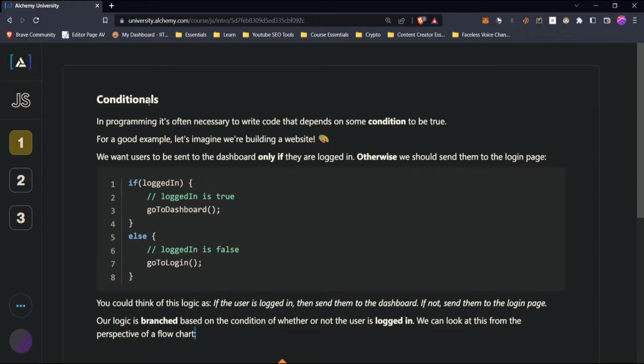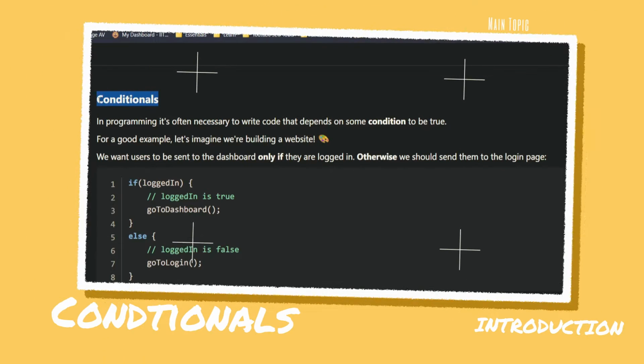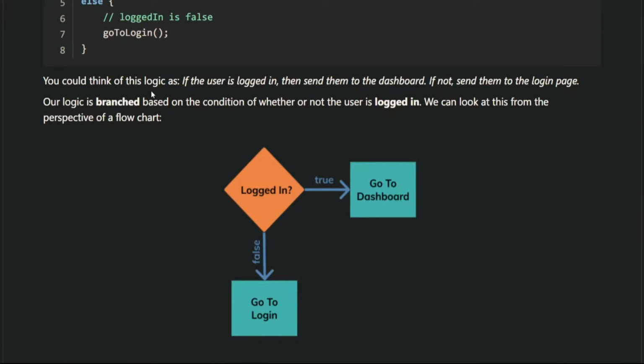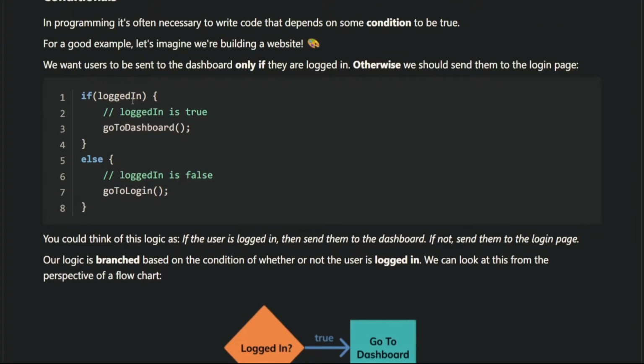So guys, we are back in our editor and today's topic is conditionals. By the name as it suggests, conditionals are conditions which are required to be true in order to execute our code. You can think of this as branch-based conditioning logic, and here is a simple example to explain